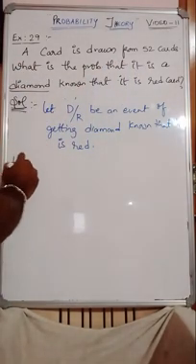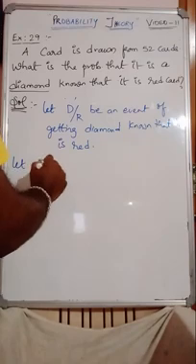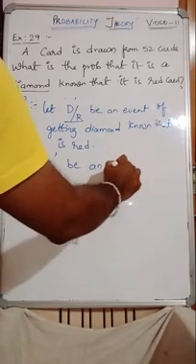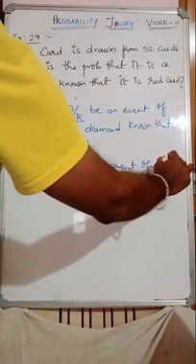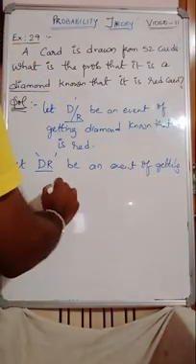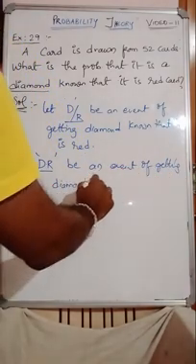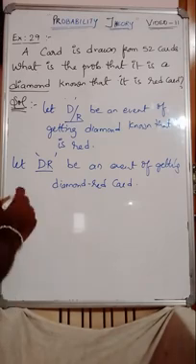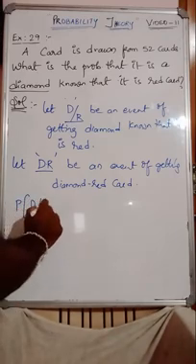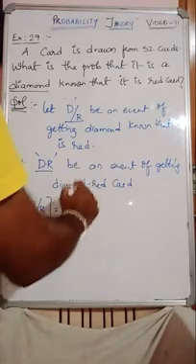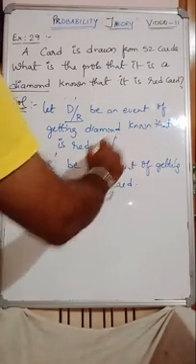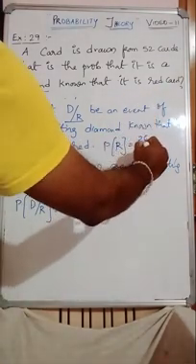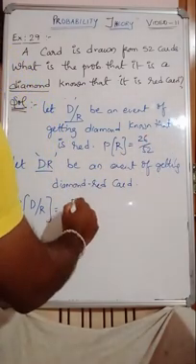The known event can be written. Now diamond and red together, the combination. Diamond and red together be the event of getting a diamond red card. So those probabilities you write down now. What they are asking, probability of diamond known that it is red. Before that, probability of getting a red card. How many? 26 by 52. So the formula you write down.